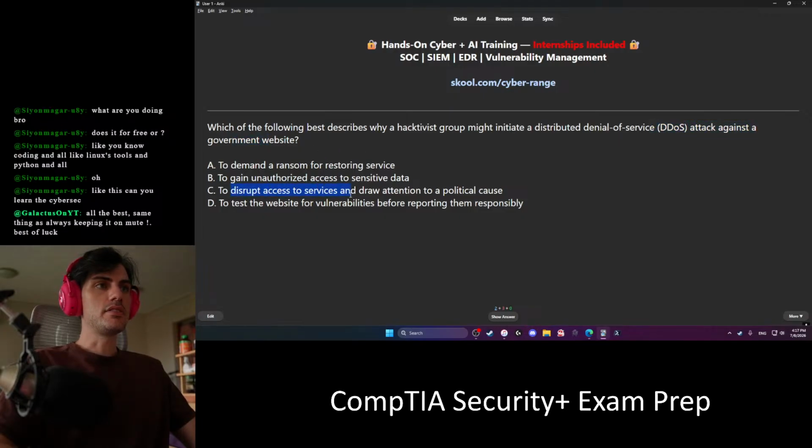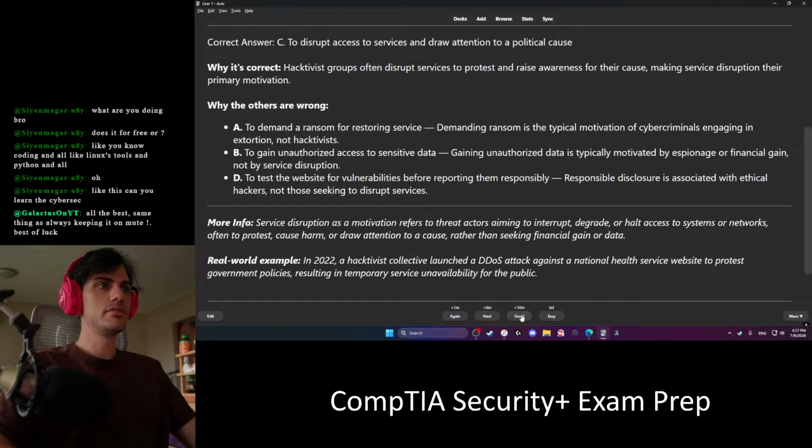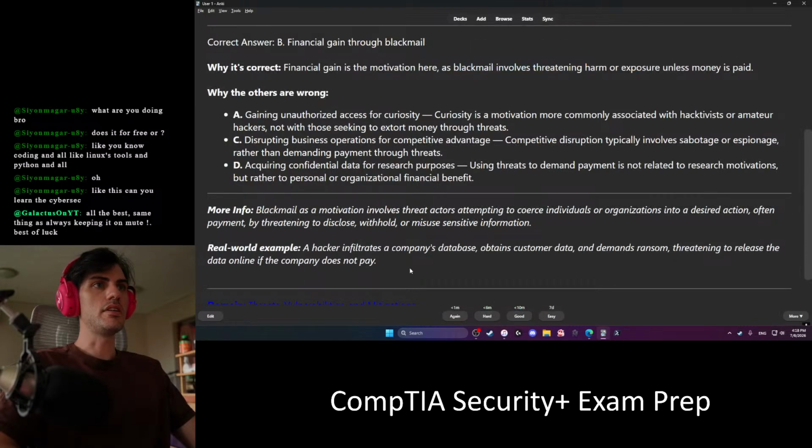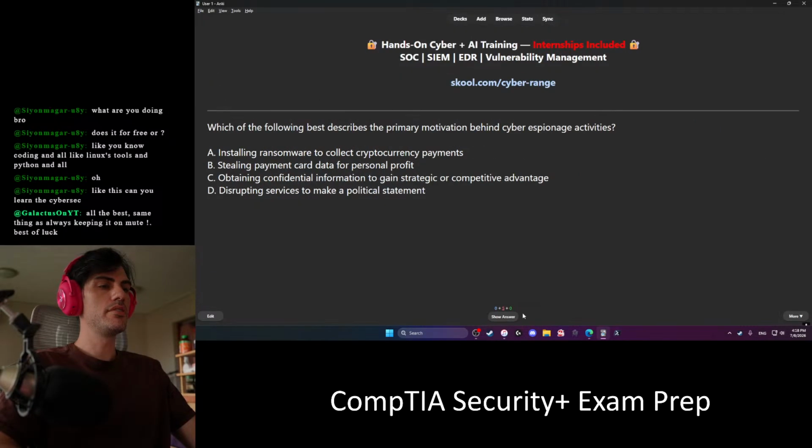To disrupt access to services and draw attention to a political cause. C. It's easy. Which of the following best describes the motivation behind a cyber criminal using ransomware to threaten public release of sensitive data unless payment is made? Financial gain through blackmail, probably. Probably B. Yeah, it's fairly straightforward.